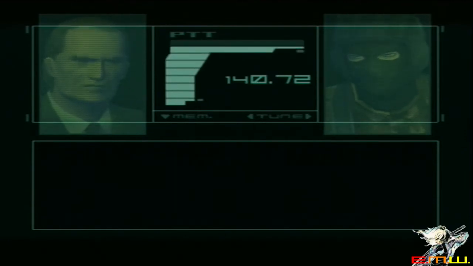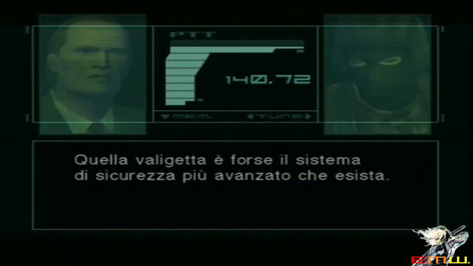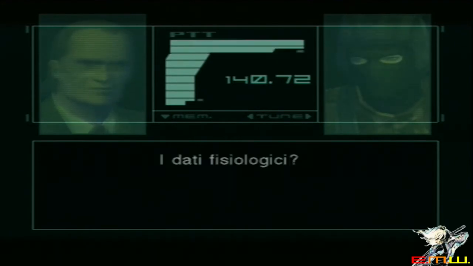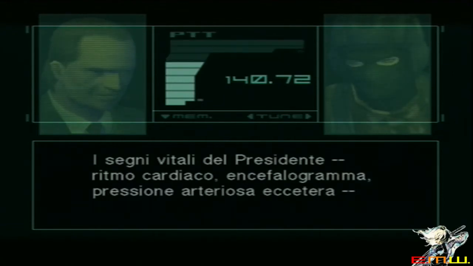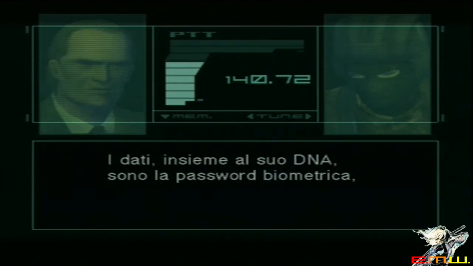The case. You mean the nuclear button they took? Right. And the case won't do a thing by itself. That case may be the single most advanced example of a weapons failsafe system. The password is nothing less than the physiological data of the US president. Physiological data? The president's own vital signs, heartbeat, brainwave pattern, blood pressure, and so on, are constantly monitored and relayed by his internal nanomachines. This information, along with the DNA pattern, serve as a biometric password, unbreakable even by the